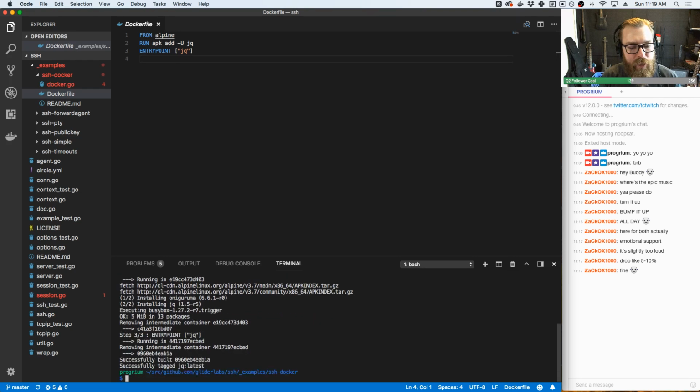So I'm just creating a container that has JQ in it, which is a JSON parsing query tool. And just to use it as an example here, I guess we can try it out. Docker run. It's been a while. I think I have a shortcut for this. Docker run JQ, and let's see. I don't have any JSON to try. Let's do something like